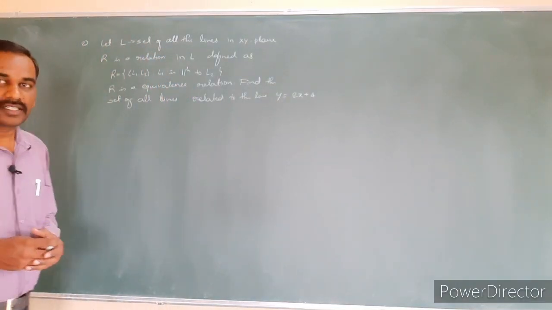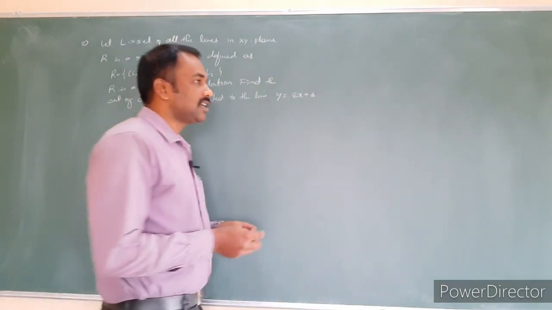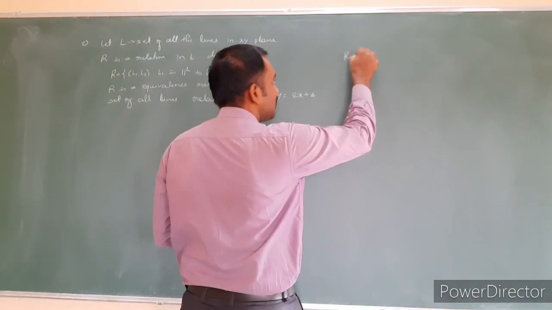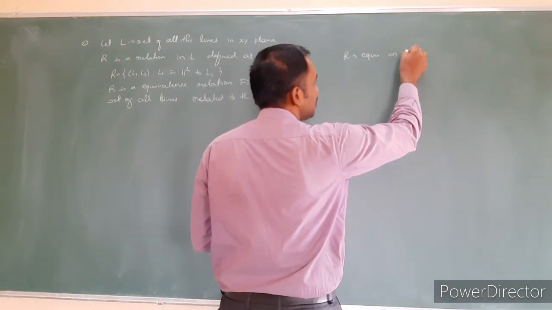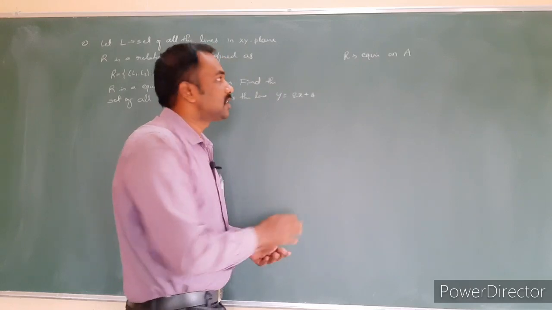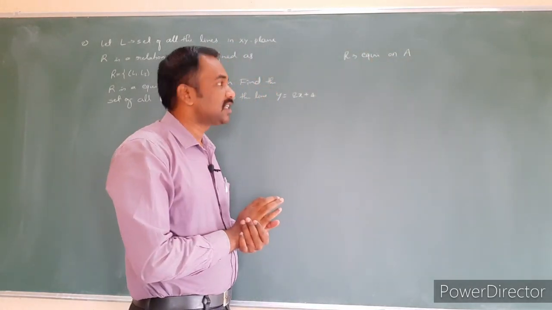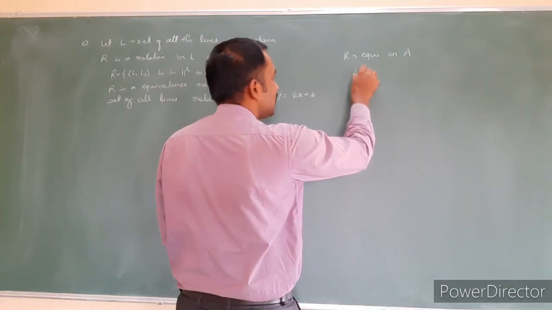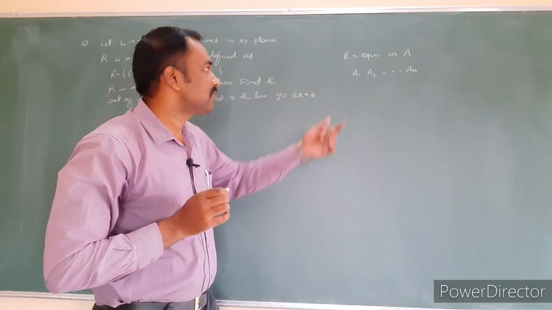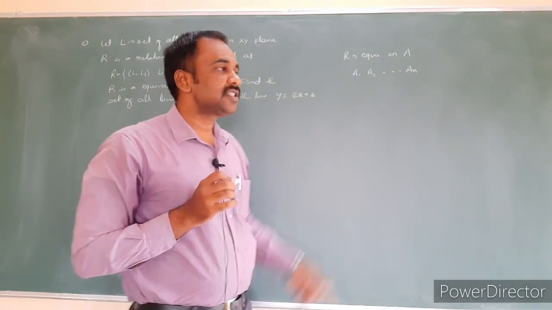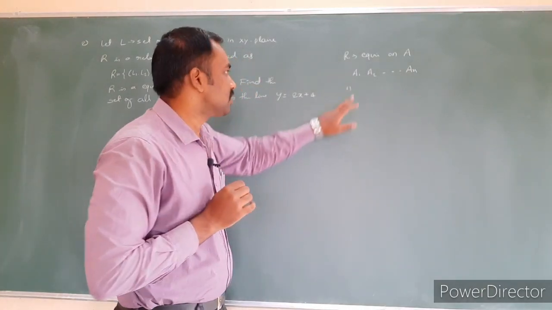So in the previous class, you have already studied what is meant by equivalence class. Suppose R is an equivalence relation on a particular set, any set A. Then this set is divided into a number of subsets. How are we going to divide these subsets? For example, n number of subsets, divided in such a way that it satisfies three conditions.